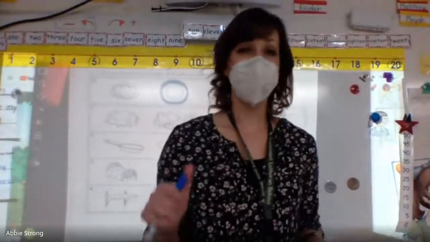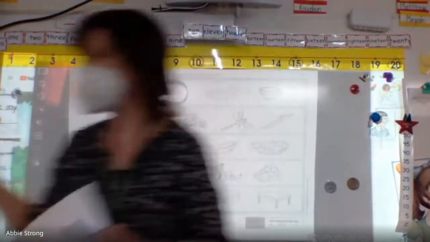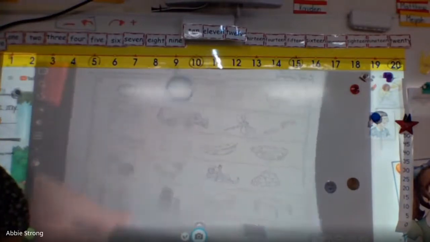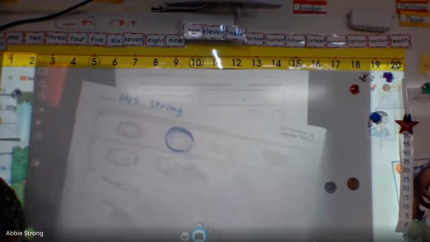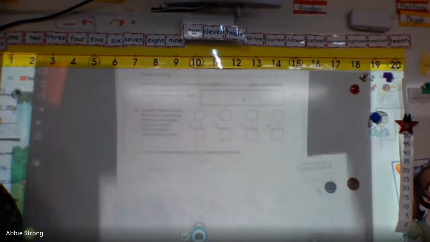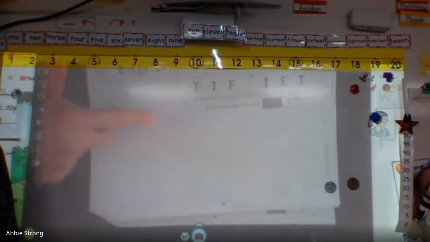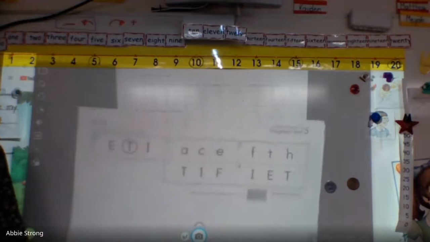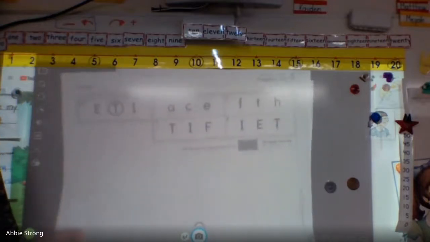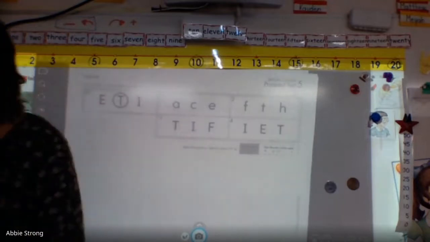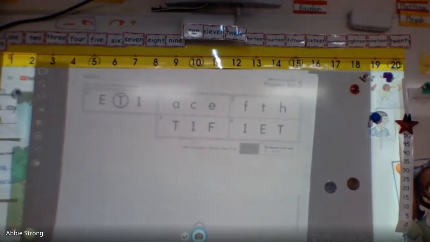All right, we are on part 2. It's going to look like this up on the board. It looks like this. It has the E's and the I's and the T's. So you need to flip your paper so it looks like this. This is what your paper should look like. If you're on a different page, it means you flipped too many pages. You're just flipping to the very next page, not 2 or 3. Thumbs up if you're on this page for me. You don't need to write your name on every page. We're just doing it on the first one.